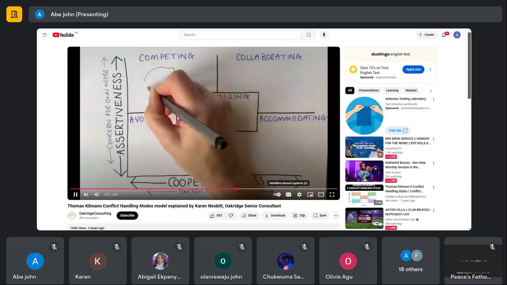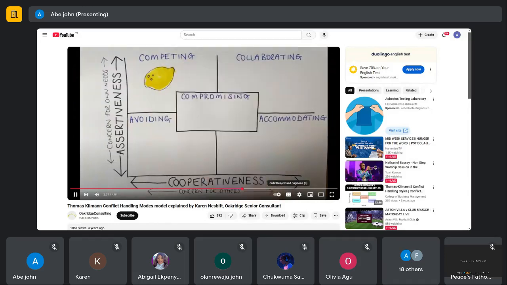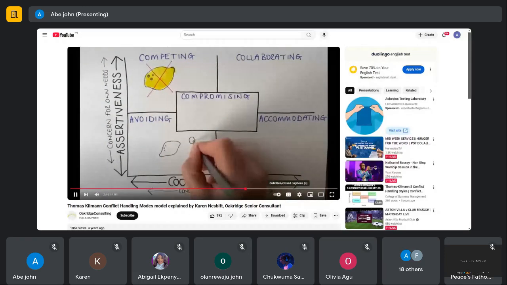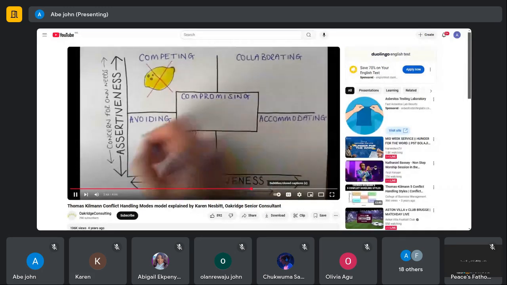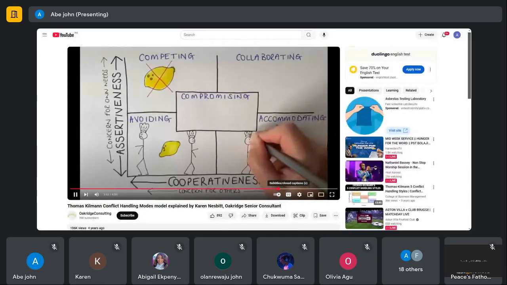If one of the chefs was to take a competing approach, then the other chef would lose out entirely, meaning that only one dish would get made with the lemon. Another approach might be for both chefs to walk away from the conflict, avoiding it altogether. Here, neither of them get the lemon. Again, this would lead to them missing out and also the customer missing out. Taking an accommodating approach, perhaps one of the chefs could go and buy a bag full of lemons and hand them over. This would be a really selfless thing to do, but it may mean they forego their own needs entirely in favour of the other person's needs.